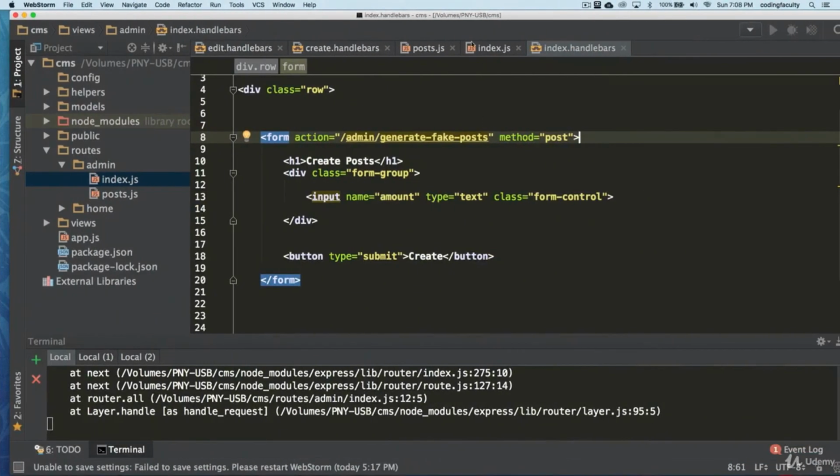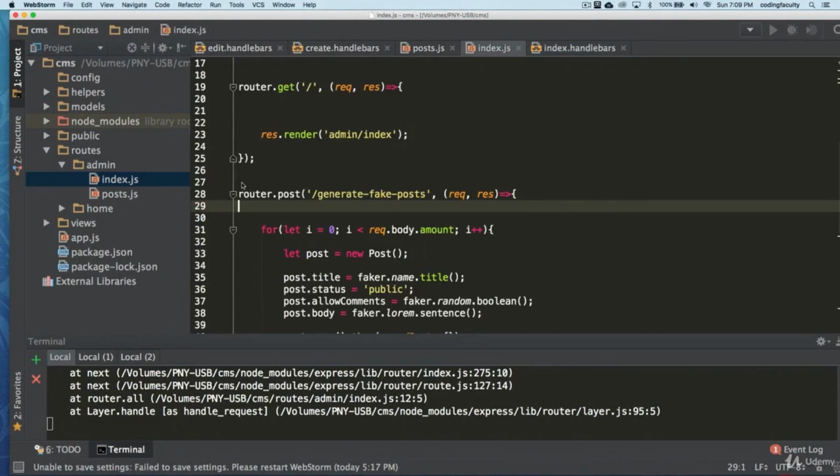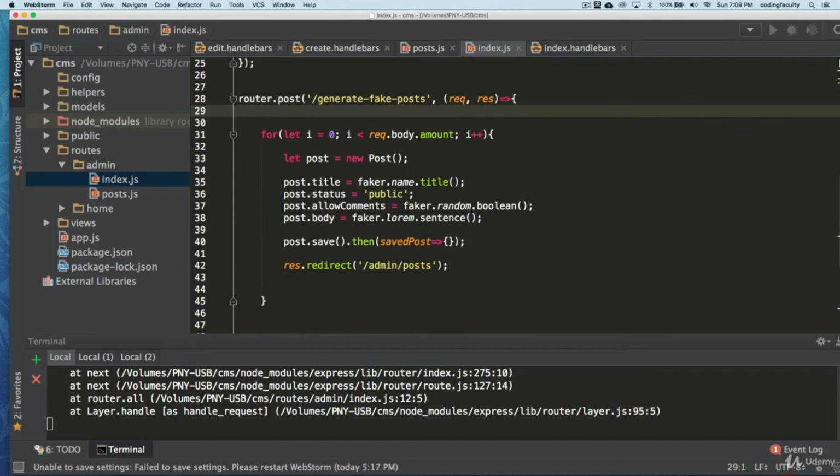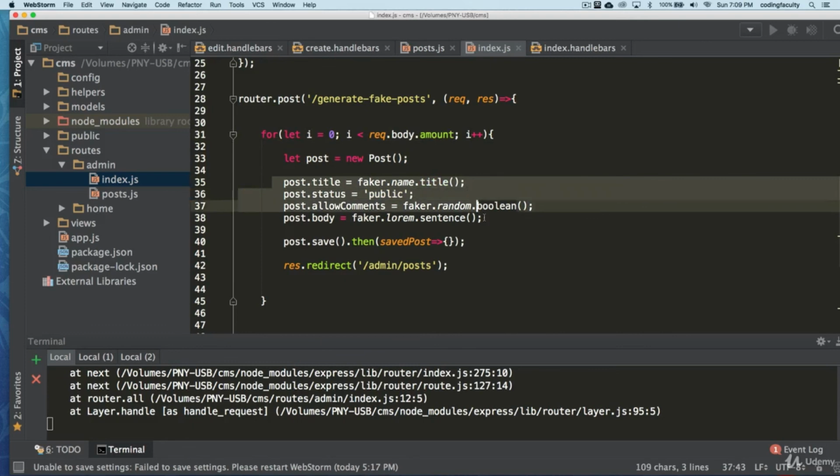It's not getting all the numbers for some reason. Let's go back to the routes again, and let's inspect this a little bit more. Okay, so amount, we are incrementing it. I mean, I'm not doing anything wrong here.